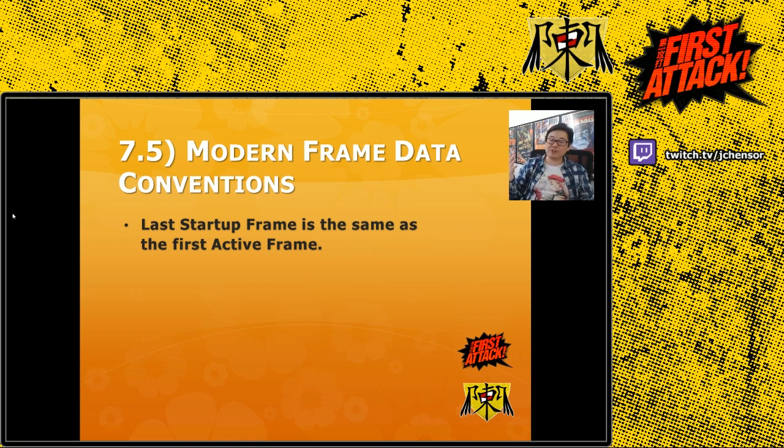Modern conventional frame data notation will always overlap the startup, the last startup frame, and the first active frame. There's going to be a lot of people asking, why would people do it that way? There is one logical reason why they list this overlap, and I'll get to that later on. We'll see this as an example in the more visual examples that will come a little bit later